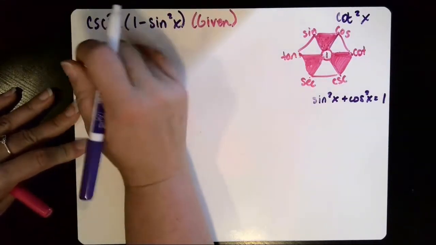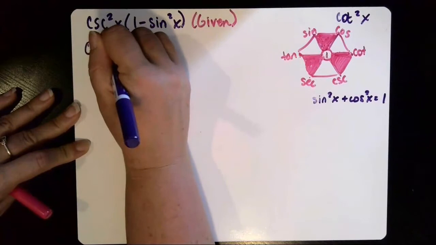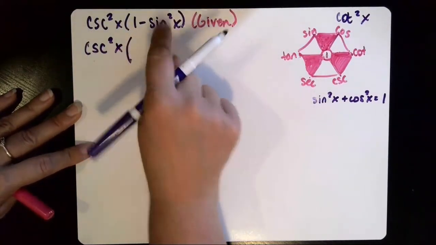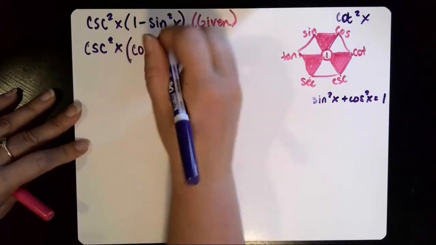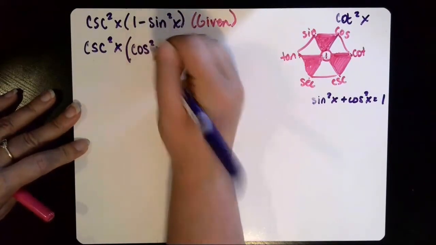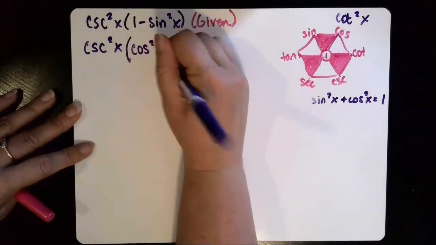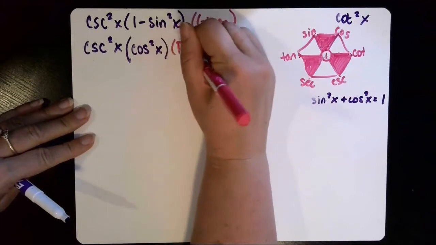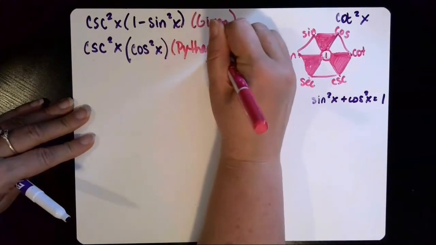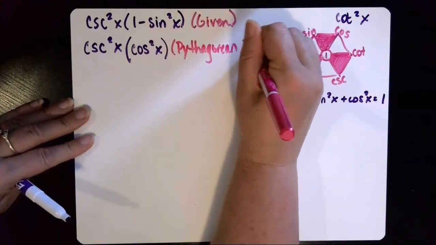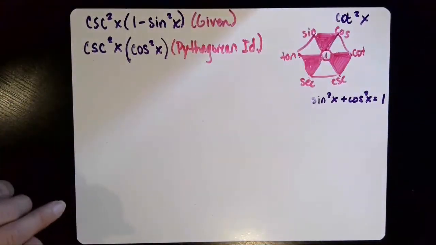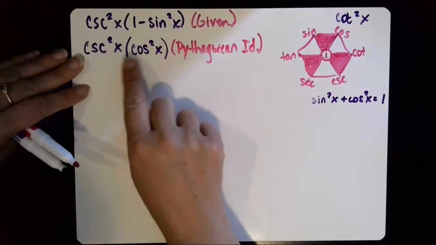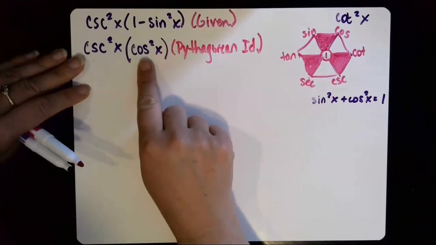So I'll start here with my original cosecant squared x, and then that's going to be times, but instead of 1 minus sine squared, I'm going to apply that Pythagorean identity that we just discussed, and I'll have cosine squared x now in the parentheses. And the reason for step number 2 then is applying that Pythagorean identity. Okay. So now I'm left with a product of the cosecant squared x times the cosine squared x, and on